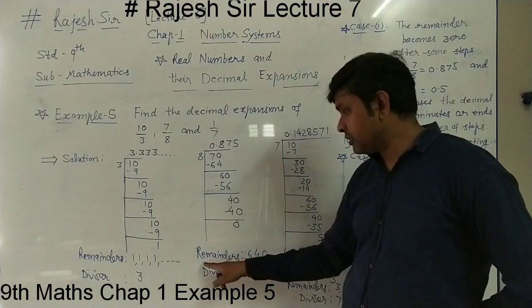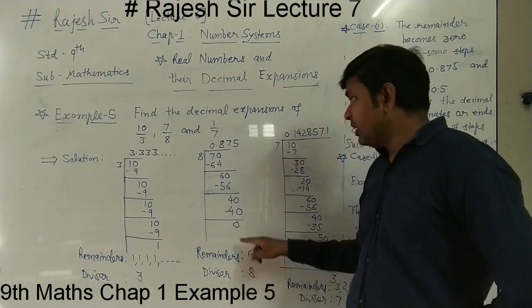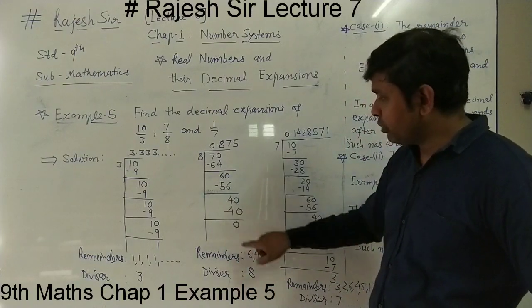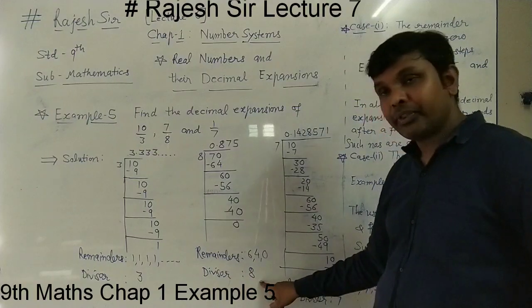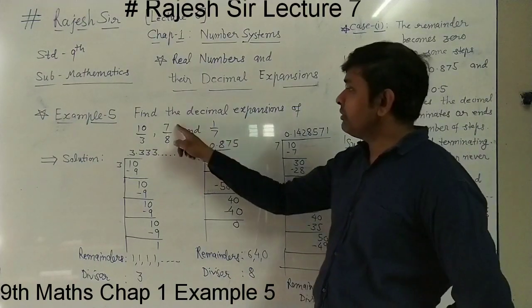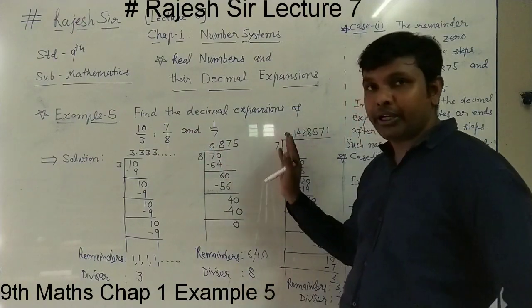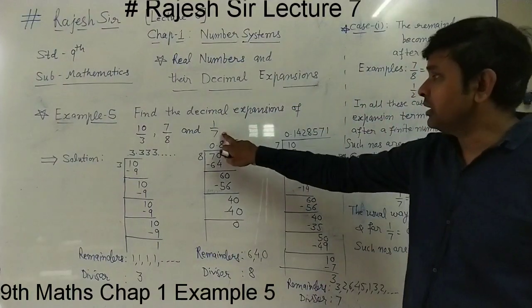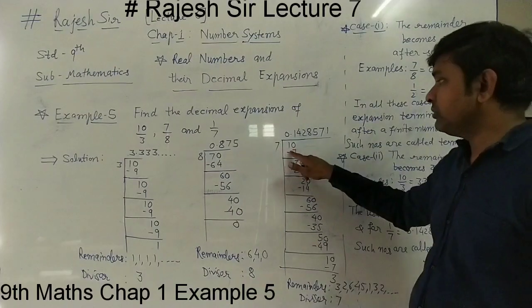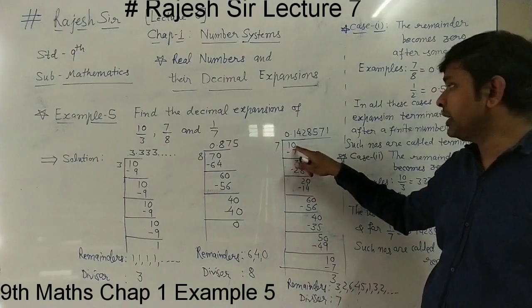So again the thing to notice is, the remainders are: first we got 6, then 4, then finally 0. The divisor is 8. And the decimal expansion of 7 upon 8 is 0.875. Simple. And then 1 upon 7, the third number: 7 divides 1, it will not be divided, so putting the point